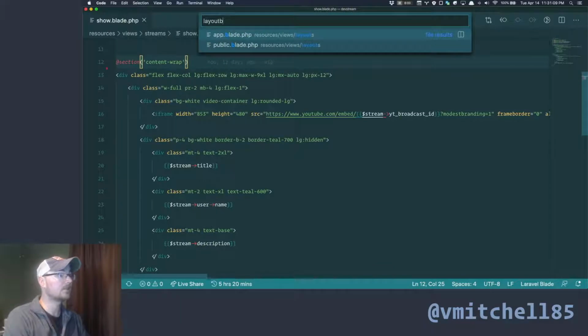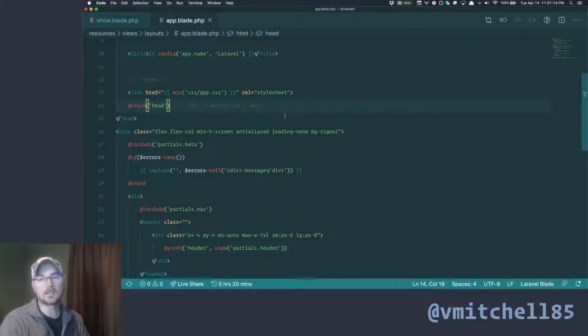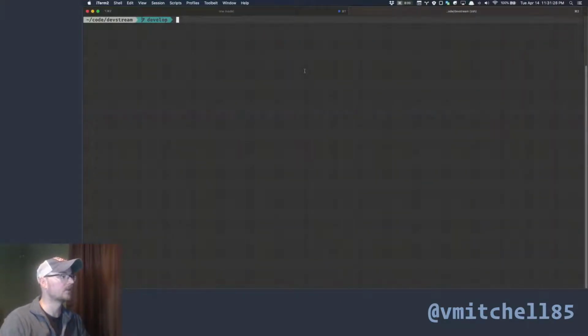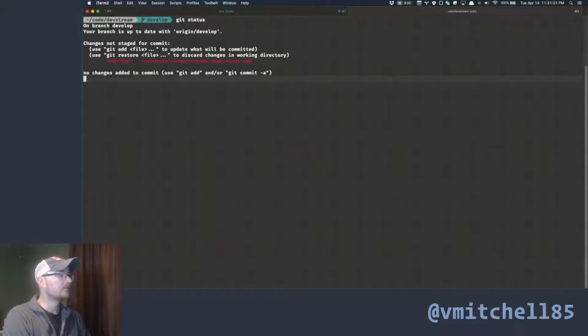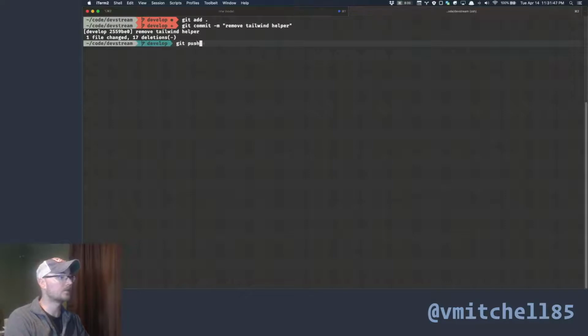I might do something like in the app blade, go ahead and include it, but only in development. But I think we'll just go with that for now. So let me get my git status, git diff. Yeah, we're just removing that. So git add all, git commit, remove tailwind helper, git push,